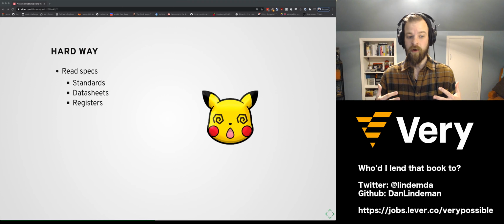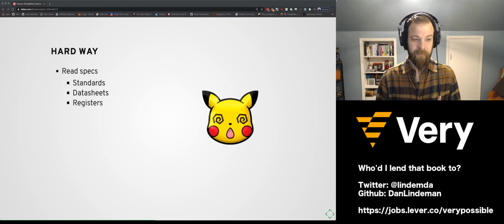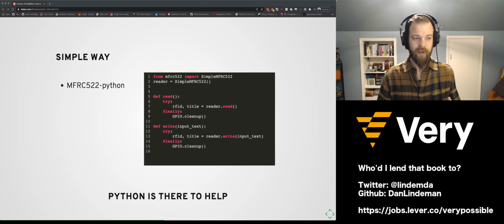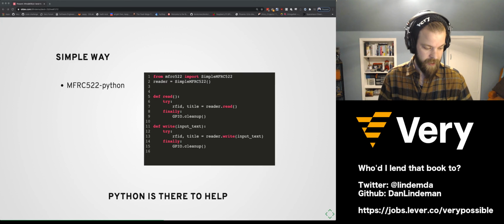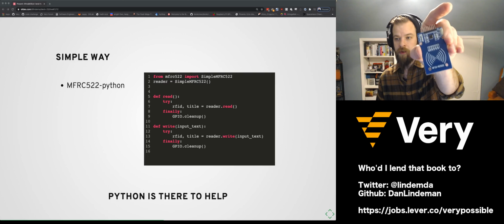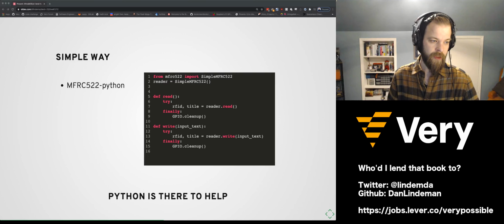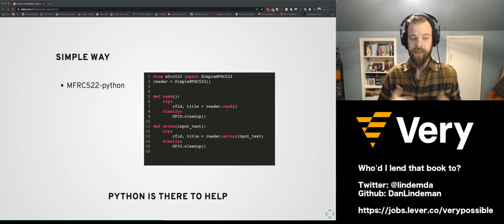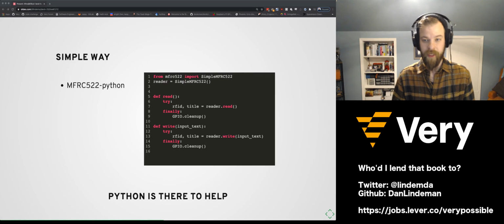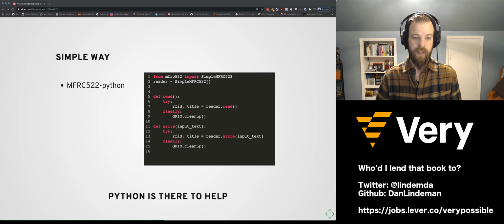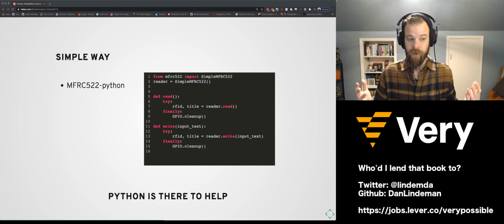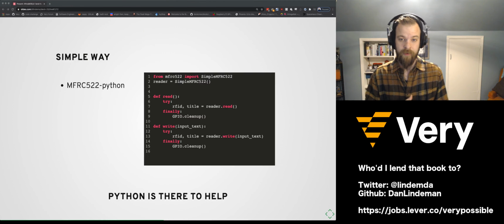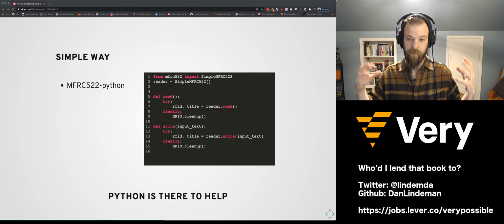That library was built on the hard work of dozens of people who aren't me, and that's a lot better in my opinion. The library is called MFRC522. So this RFID reader is the RC522, so it's compatible with those. This is another example of where Python was just there to help. The Elixirland equivalent of this library is not as complete. It has a lot of other cool things, but Python and Pythonistas tend to make things very simple, very obvious, very available.